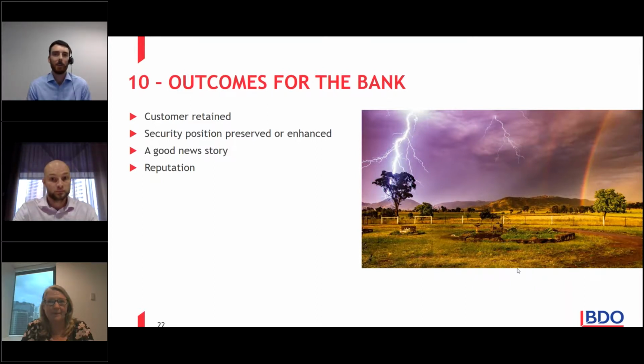Where does it get you? Hopefully it's a good outcome with a customer retained. You limit your losses, or even mitigate any potential losses. Employees keep their jobs, there's a continuing business, and all that. That's good for reputation for yourself, and a bit of good PR for the bank supporting a local business, or it could be a rural business or a regional community. The bank keeps a customer.